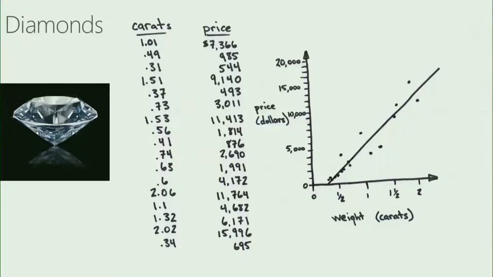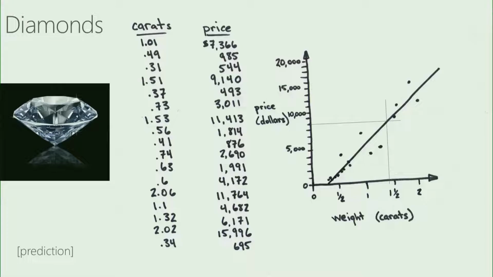It lets us answer questions really concretely. It also lets us answer questions for which we don't have any data. We don't have data points at every weight along that x-axis. But we do have a line. So now what we can do is say, well, I'm going to eyeball a line up from 1.35 carats. And where it crosses my diagonal line, my model, I'm going to eyeball a horizontal line over to the price axis. And it hits right at about $8,000.